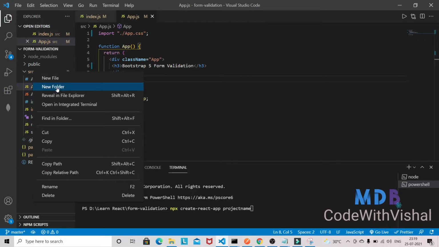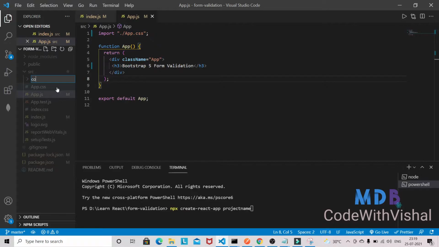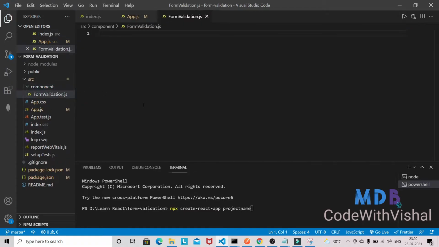And I'm going to create a folder here. So this will be the structure in our material design Bootstrap series. So inside this components folder I will have different components. So the first file goes like form validation, because in this video we are discussing how you can perform the form validation with the help of Bootstrap, and we have to set up the Bootstrap as well in our React application. So I'm just going to the official doc,